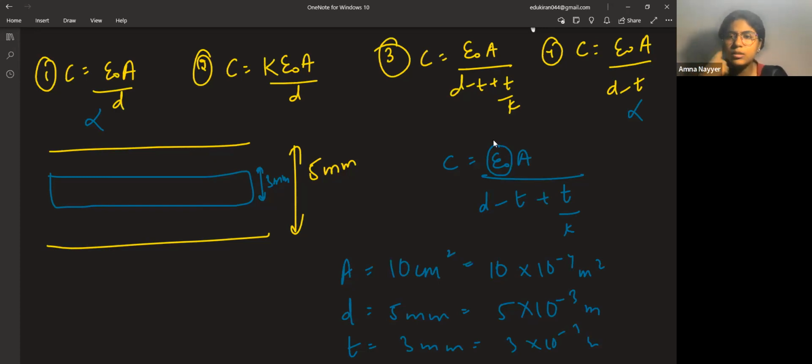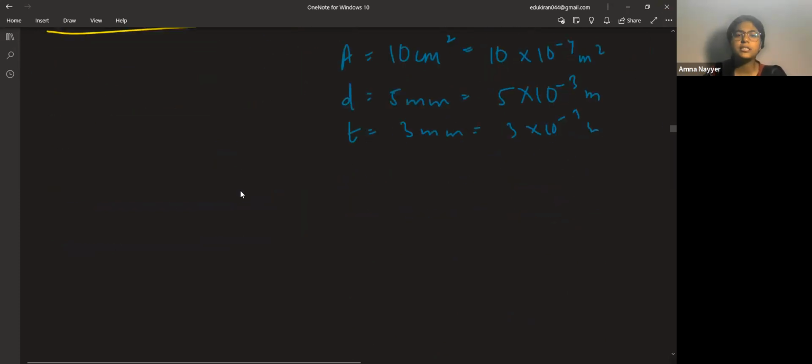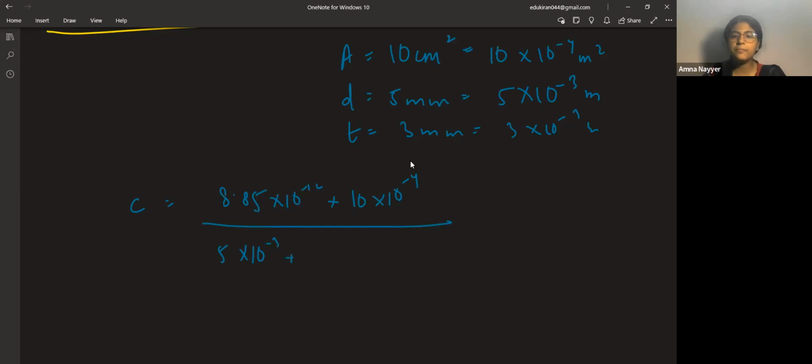Right? Area discussed. So this is how you have to find out the value of capacitance. Just put in everything over here. C is equal to 8.85 into 10 to the power minus 12 into 10 into 10 to the power minus 4, epsilon naught A by D, 5 into 10 to the power minus 3. D plus T, that is 3 into 10 to the power minus 3, minus T